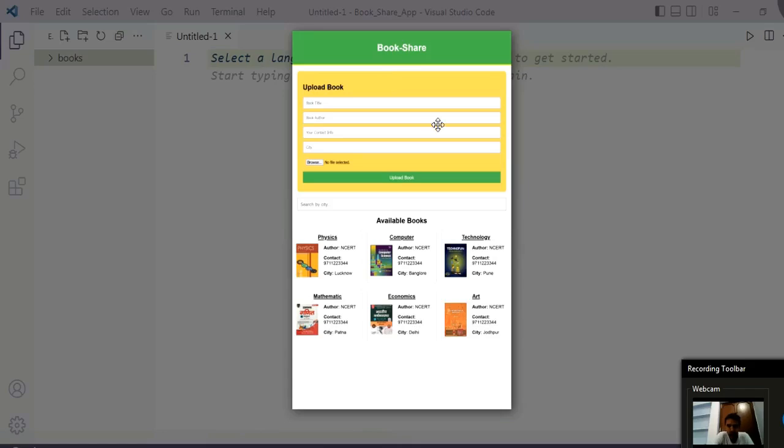Alright guys, so here is the mini project which we are going to develop. Okay, and the concept behind this mini project is to share your old books or any type of books on this app. Okay, and anybody can get it for free by contacting the book owner, and anybody can fill up the book details and upload the book on this app. And if you want to search the book by city near about your place, then you can search the book by entering the city name in the search bar field. Okay, so we are covering the rest of the DOM topics in this mini project.